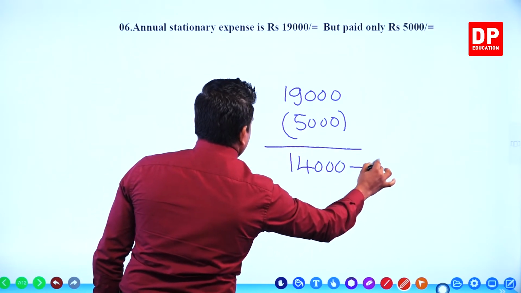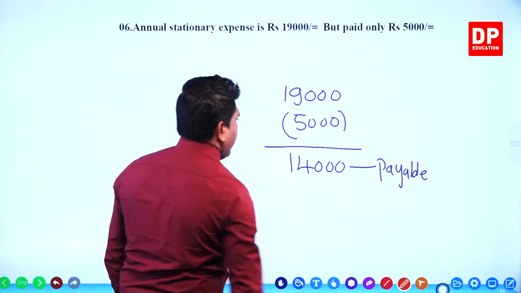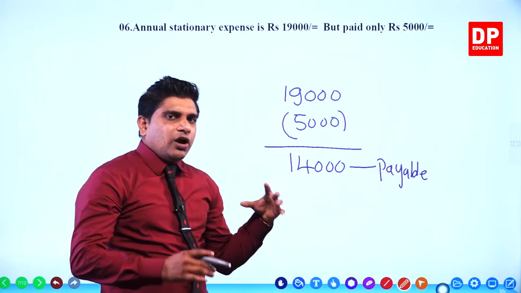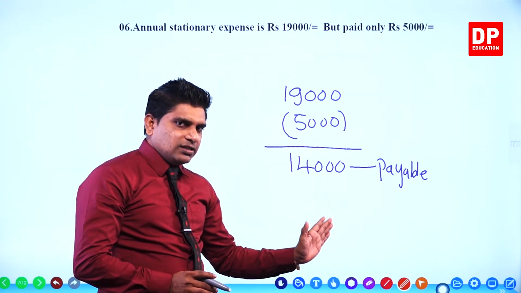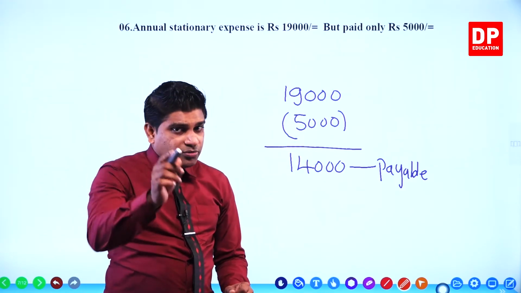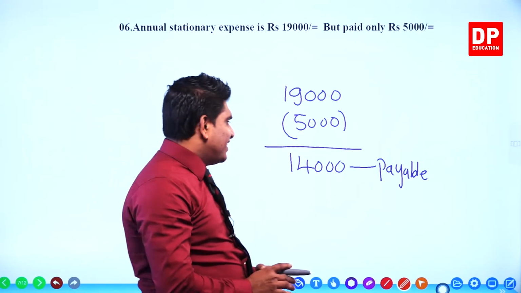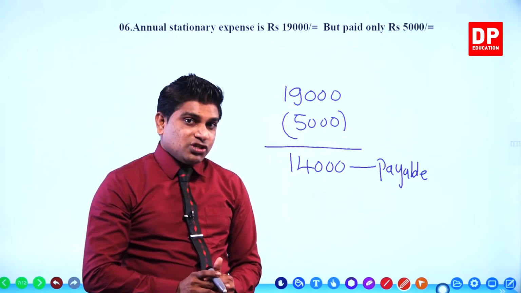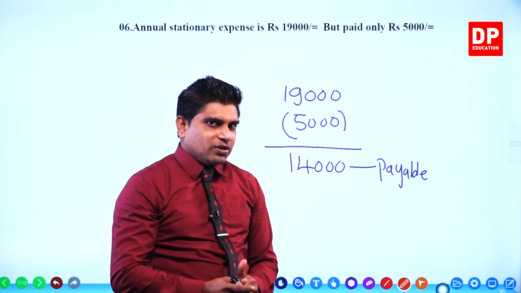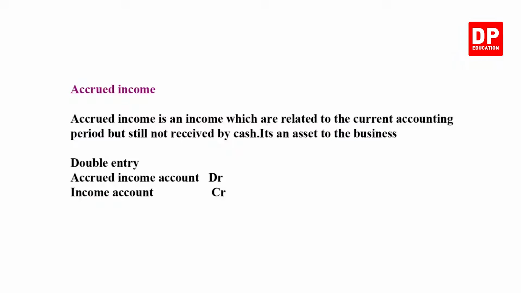To be paid, payable, accrued. This is the amount you have to enter in the general journal and ledger accounts. Remember that the 19,000 goes to the profit and loss statement, then 14,000 goes under current liability in the statement of financial position. You know well now because you can refer to the activities that I have done. Now I go to the new one.